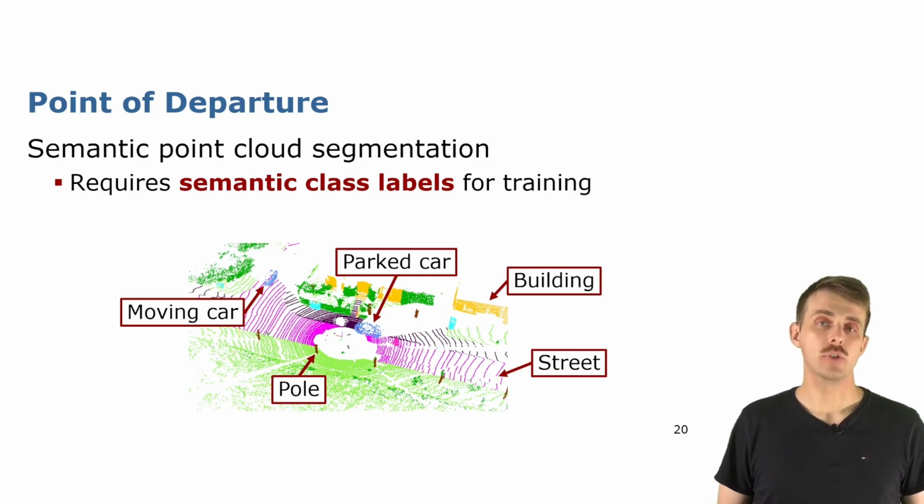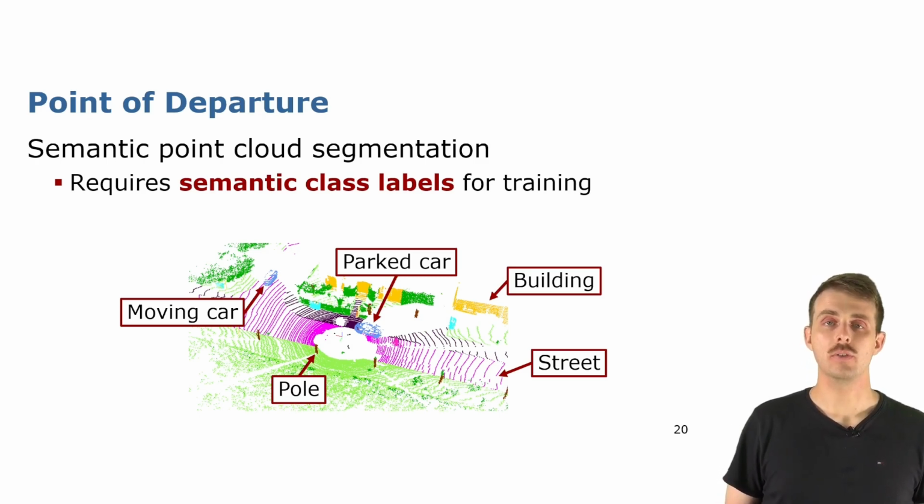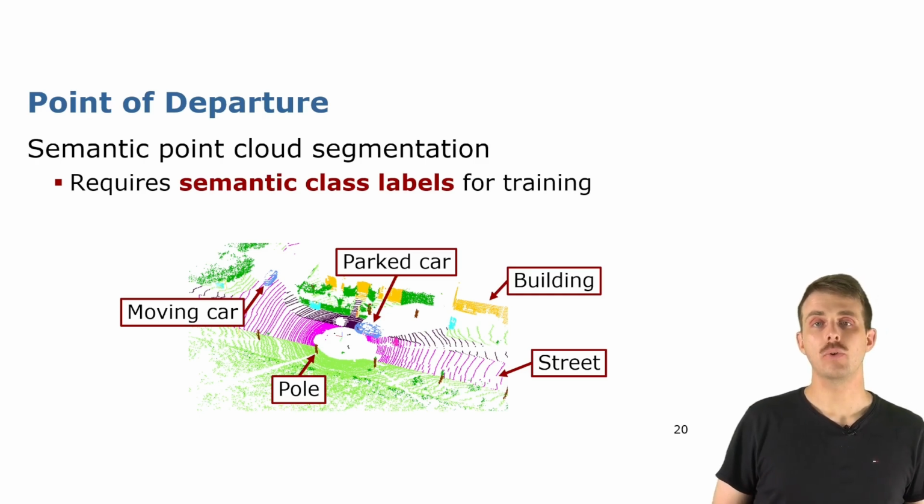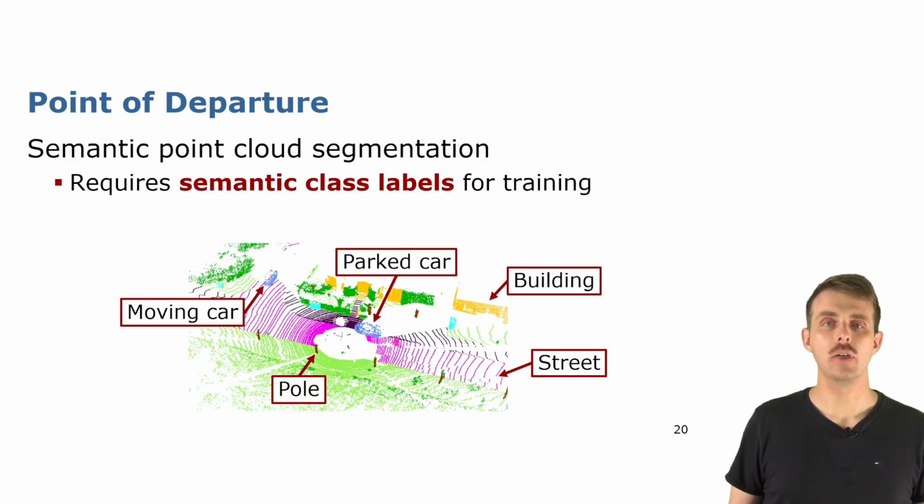So in general, you could also use a semantic point cloud segmentation method, which assigns a semantic label for each point. Of course, you would also need to use multiple scans for this, and then you can determine a semantic label, for example, this is a parked car, this is a moving car, or a pole or street and building. And then you could say that buildings are of course non-moving, streets as well, whereas moving cars belong to those objects that we need to pay further attention to. The drawback of such an approach is that they need all these semantic class labels for training,